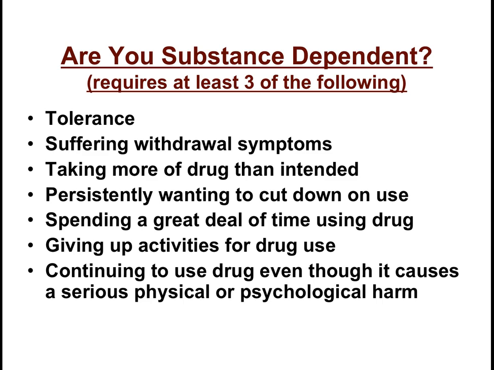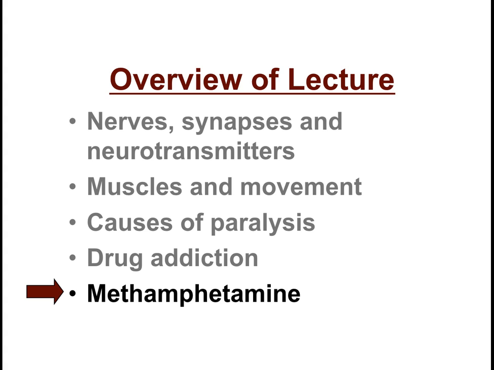Now, there are a variety of ways to tell if you're substance dependent. These are things you can look at on your own, but run through this list and see if any of these apply to you. If a variety of them do, then you may need to take a look at whether or not you might have a problem being addicted to a certain drug. The sooner you stop that addiction and deal with it and begin to try to get off that drug, the more likely you are to have long-term success.